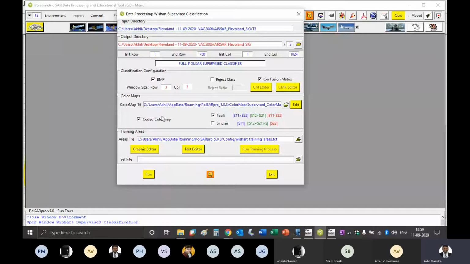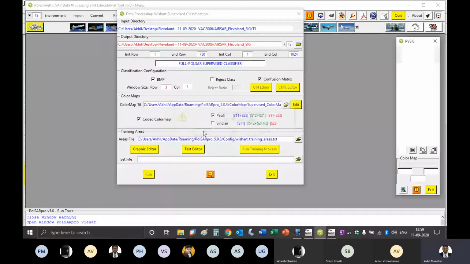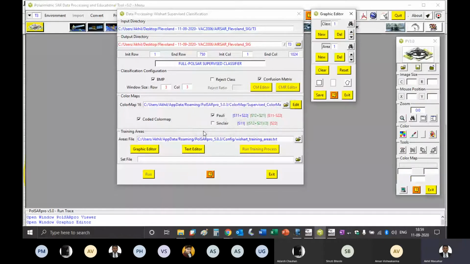Now focus on each and every step from this point. In training areas, I will go to graphic editor and say open a BMP file. So the same thing will open, this and this graphic editor.